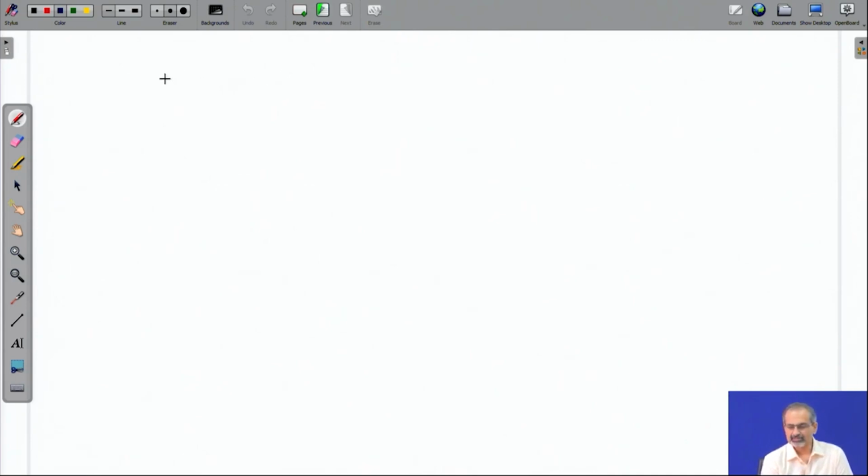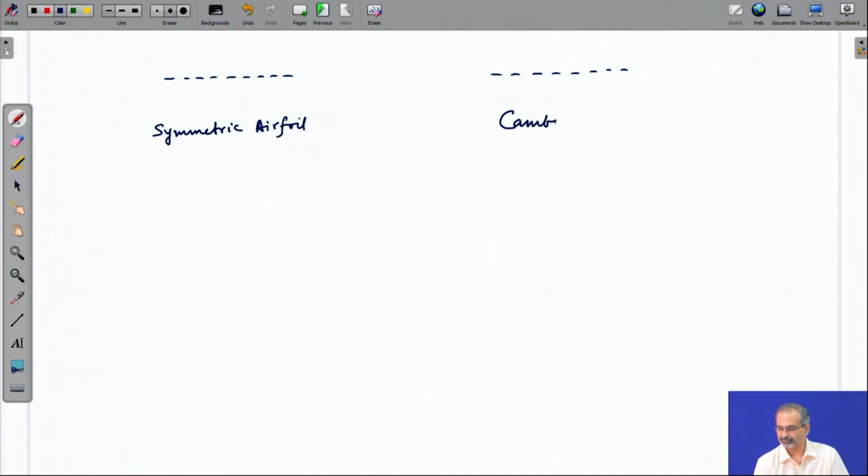So, we will revisit that concept once again, and we will now introduce the concept of symmetric airfoil in addition to the cambered airfoil that we already looked at. And then we will see how the pressure distribution on these airfoils would look when the angle of attack